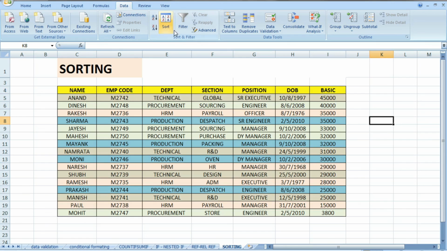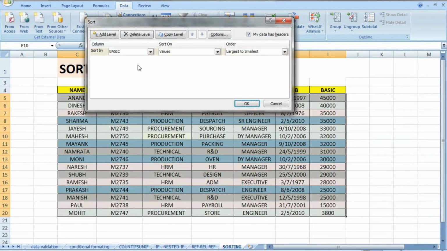Now we want to see how to do custom sorting. So for this you have to select anywhere in the database, go to sorting. Now here sort by, that is called basic. We will do it by department. Okay, that should be A to Z. Okay, now add another level of sorting. Then you can do it by, say, section. Okay, if you want one more sorting, then you can add here, or you can delete also. Okay, now we will sort this by department and section.